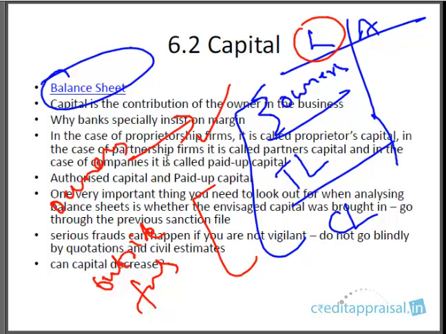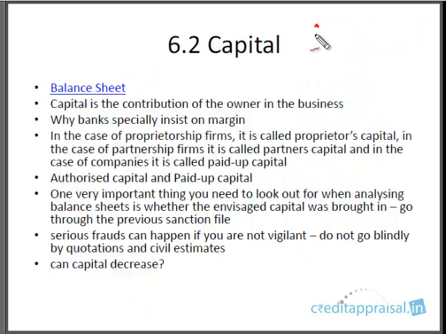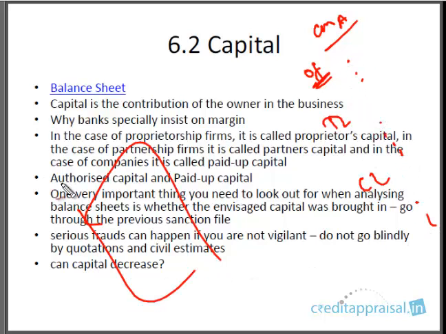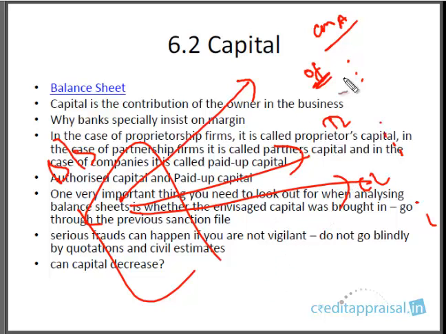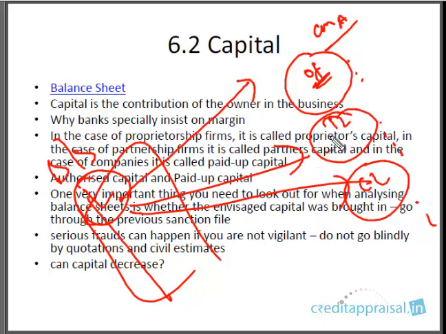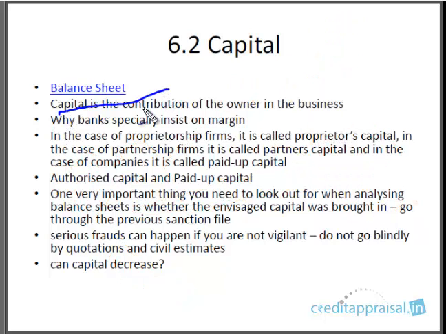When you see a CMA data, you are going to see these broad headings: I have the owner's funds, I have the term liabilities and the current liabilities, and within these you have various items. So when you're preparing a balance sheet, you will take each item and put it either in the owner's funds or in the term liabilities or current liabilities. All the liability items on the balance sheet will ultimately be part of one of these three major headings, right? Capital is the contribution